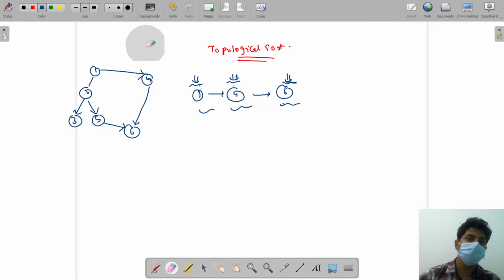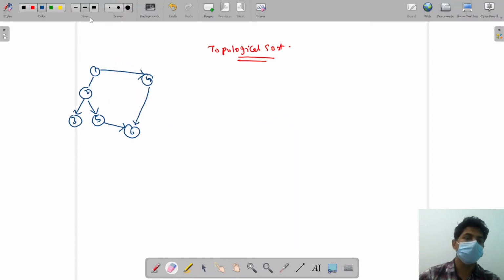In this situation there are very few nodes, but if the number of nodes is in the order of 10 to the power 4 or 5, or a very high number, then doing this task manually will be very difficult. So what we do is write the topological sort for this graph. Let's suppose the topological sort comes out to be 1, 2, 3, 4, something like this, up to 6. After we have written the topological sort, if we start solving these tasks from bottom to top, then all the dependencies will be resolved, and we will be able to complete all the tasks.